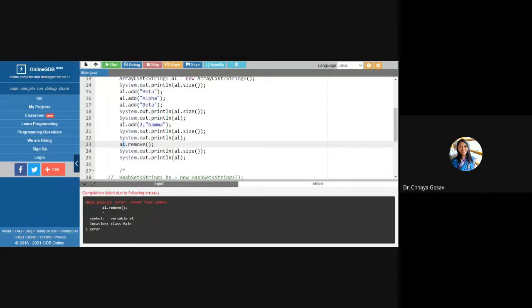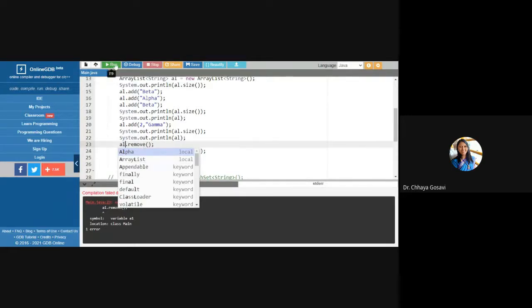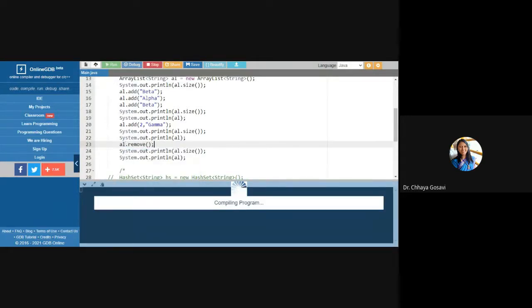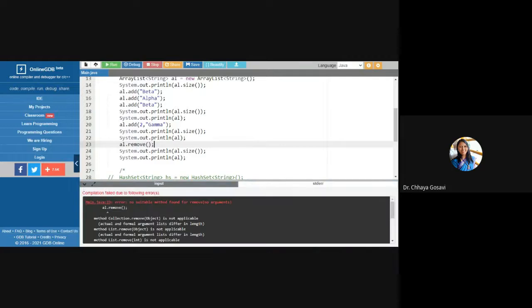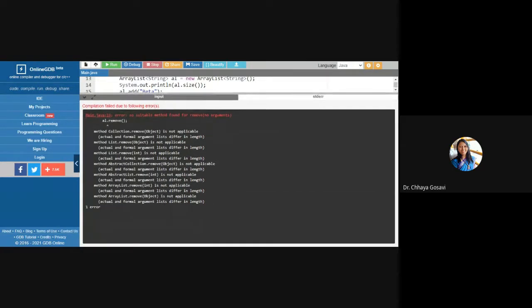It is not A1, it's AL. Note that it is giving me this error: actual and formal argument list differs in length. So remove requires at least one argument, either object or the integer, that is index or object.